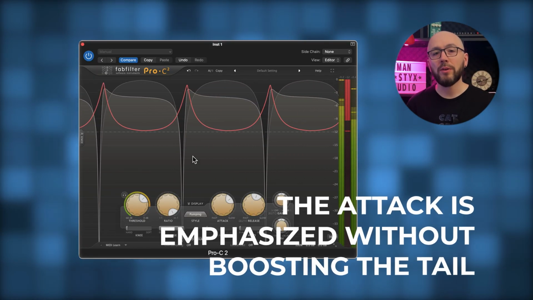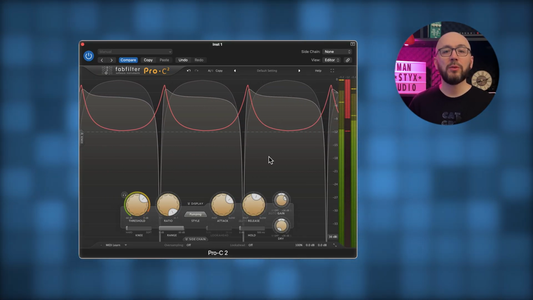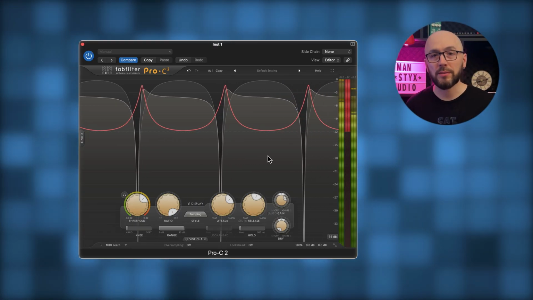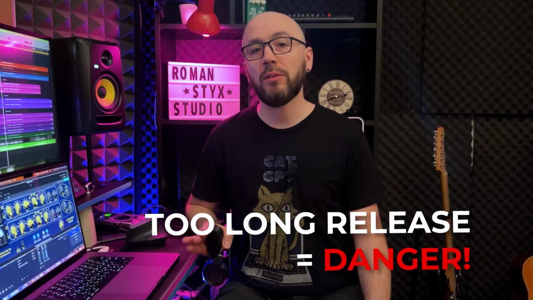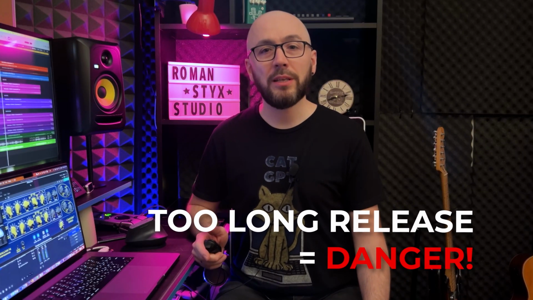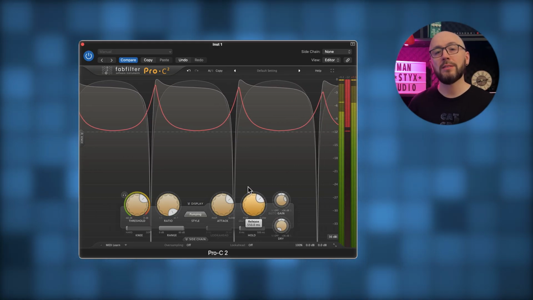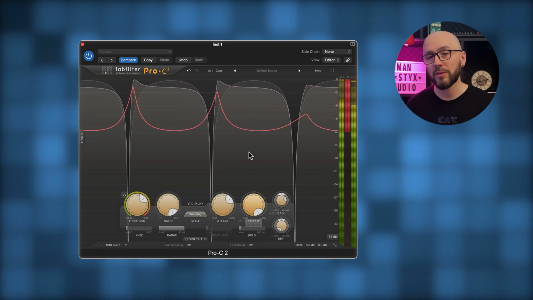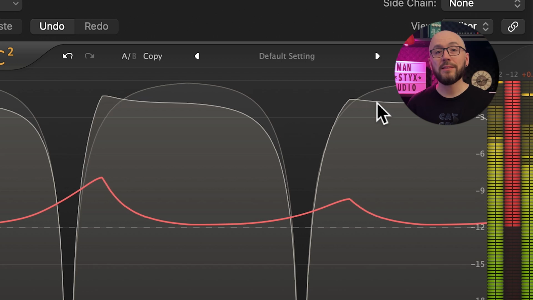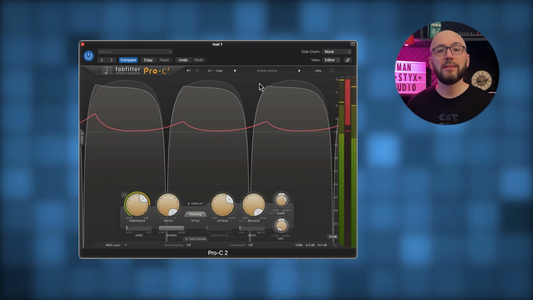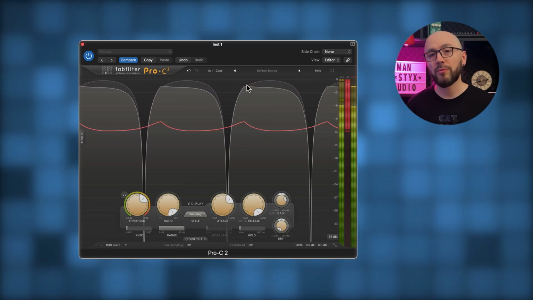And now it's the perfect time to tell you about another important point. I'll show you how a sound can be ruined by an overly long release. I'll gradually increase the release time, and I want you to watch what happens to the attack of the next sound. Do you see? With a release that's too long, the compressor doesn't have time to recover before the next